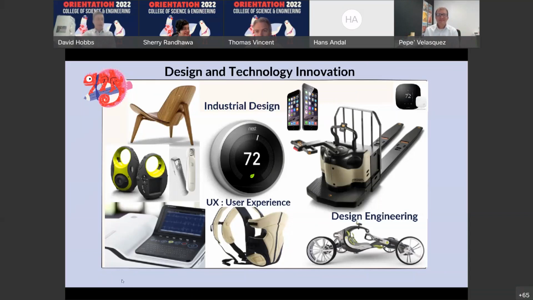That's really great. You can always combine your engineering degree with a bachelor's degree in design, in innovation technology, and that can take you just anywhere around the world. So think about that. Think about designing the new iPhone. Wow, that'd be cool. All right, let me just move the slide on.